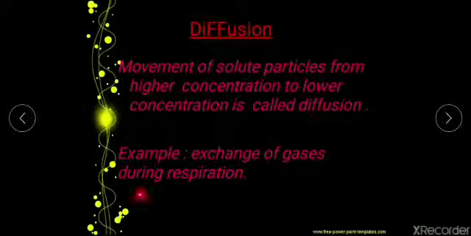An example is exchange of gases during respiration. This is the best example which we can see. In the outside environment, we know there is more oxygen, and inside the body there is less oxygen. So there will be exchange of gases. The oxygen will be allowed to enter, it gushes inside your respiratory tract, just to maintain the equilibrium. And because inside the body the carbon dioxide content is more and outside it is less, the carbon dioxide from the respiratory tract will move outside to the environment. So this is the best example of diffusion.